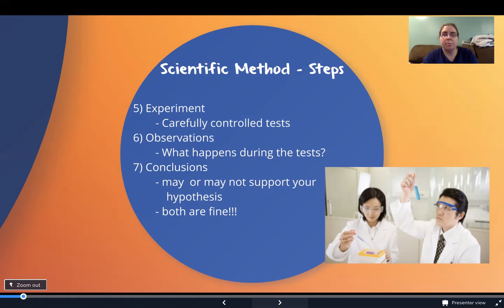Now, the conclusion may support your hypothesis or it may not support your hypothesis. It's completely fine. Maybe during my algae making plants green experiment, I noticed that no matter what kind of soil, all the plants had the same shade of green. So that tells me that my hypothesis that algae in the soil is what gives plants their green color was not accurate. Because if it was